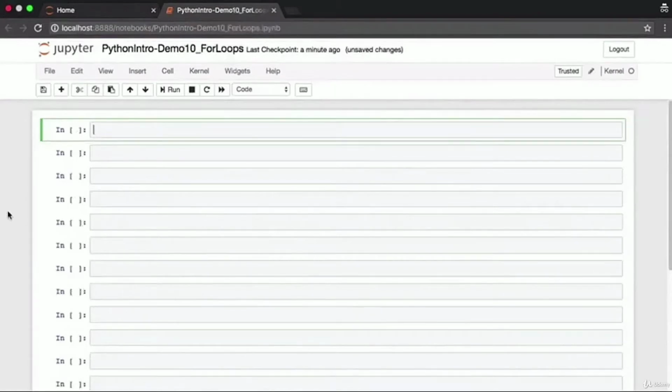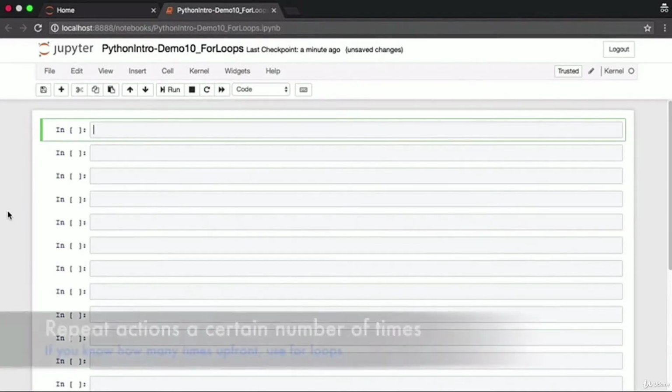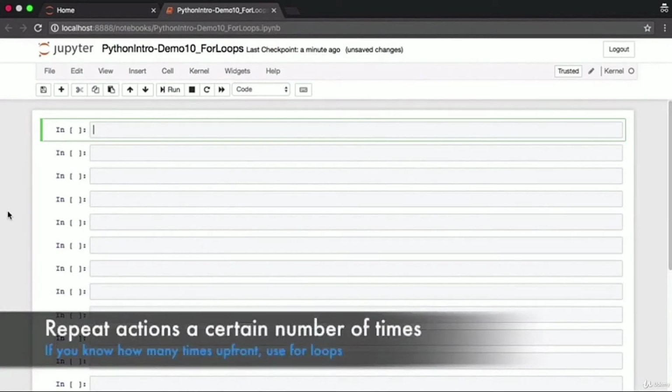When you're programming in the real world, it'll often be the case that you want to perform the same set of actions over and over again a certain number of times. Let's say you want to print something to screen 20 times. You want to add 1 to a number 50 times. Same action a certain number of times. In such situations, if you know upfront how many times you want to execute that action, you will use for